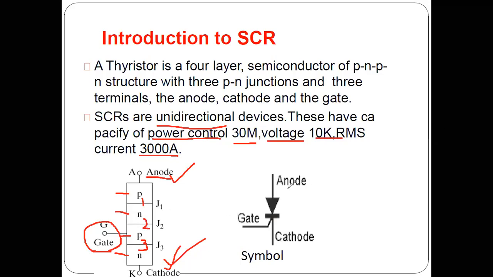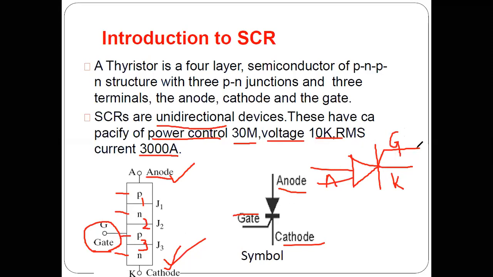And here in another figure you can see the symbol of the SCR. The symbol of SCR has the anode, gate, and cathode. How far it is different from your normal diode is, your diode has only two terminals, one is anode and the second is nothing but cathode. If you pull one extra terminal from this particular point, then this terminal will be represented by the gate terminal. And why is the gate terminal more important?